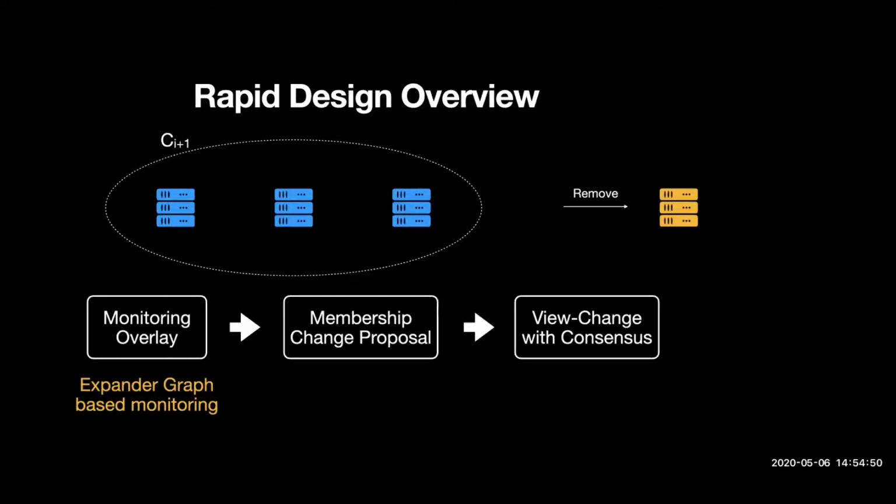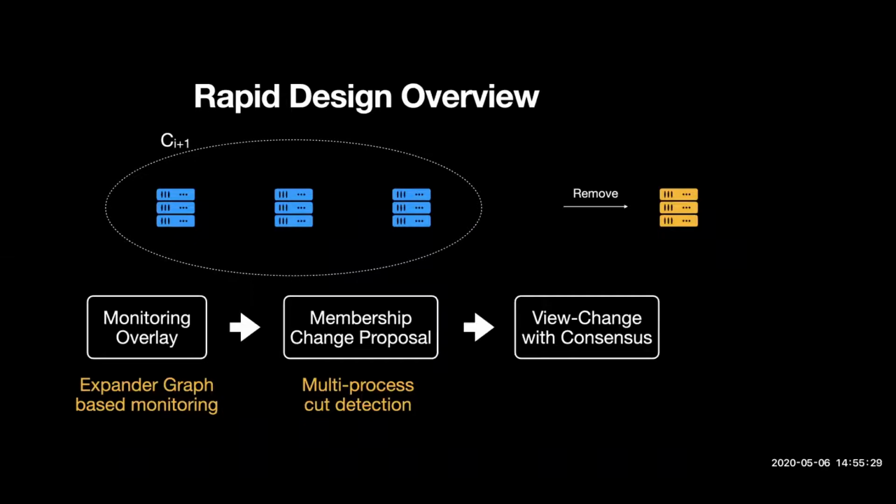The next component is the membership change proposal. In this stage, we basically get a cut of the nodes that Rapid is trying to remove from the cluster. You can also have join and remove alerts, but just for understanding and to not overcomplicate the discussion, the authors just talk about removing nodes, and we'll discuss the decentralized design rather than a centralized one. So when I say multi-process cut detection, it's basically a set of nodes are removed from the cluster,